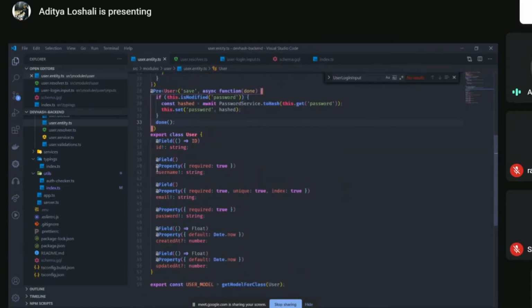And everything that we want to describe in our Mongo schema is defined using property. The username is a property which is required. ID will be generated by default. Email is also a property which is required. Then it should be unique and it should be indexed. Similarly, we have the password property, required. And this is how we describe the defaults for createdAt and updatedAt.